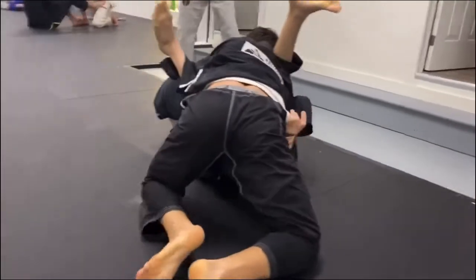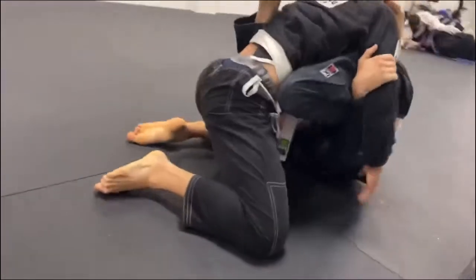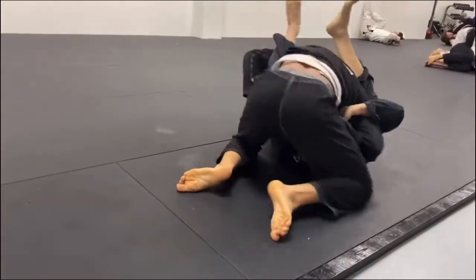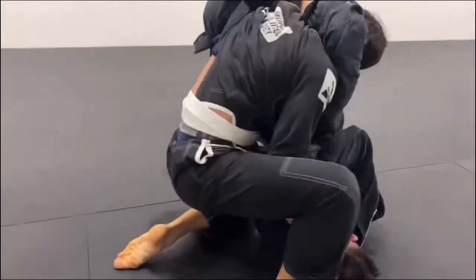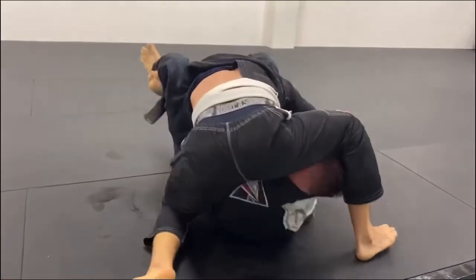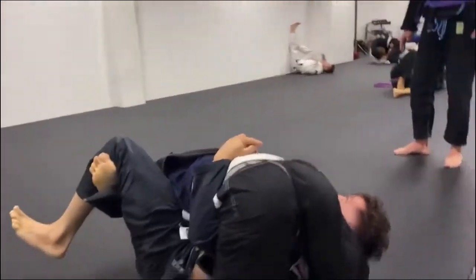He's trying to get attached to an arm there. Now he's forced into an inverted guard. He's got to try to get back to a square position. Oh, now it looks like he's fishing for that triangle. They're kind of close to the edge of the out of bounds though. So Kris has got the triangle